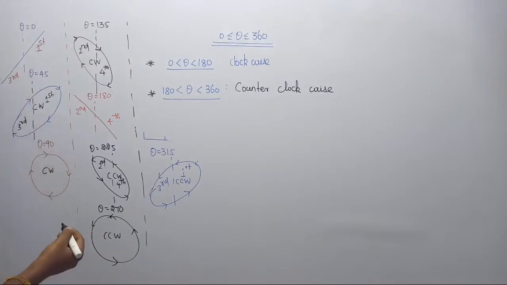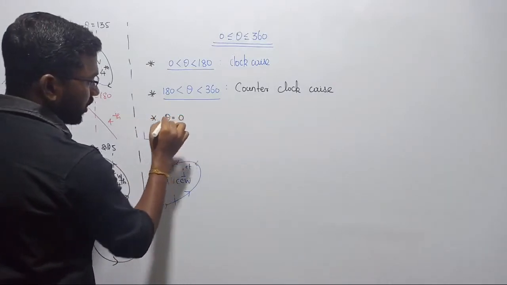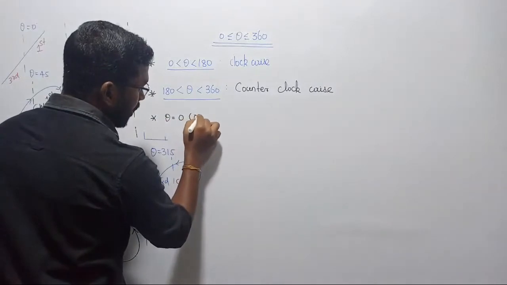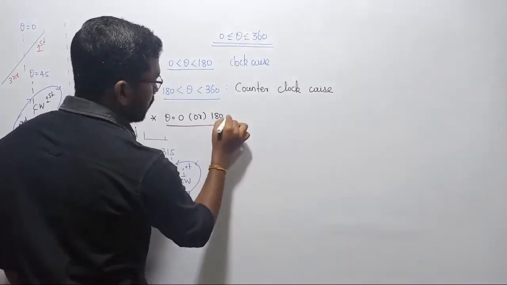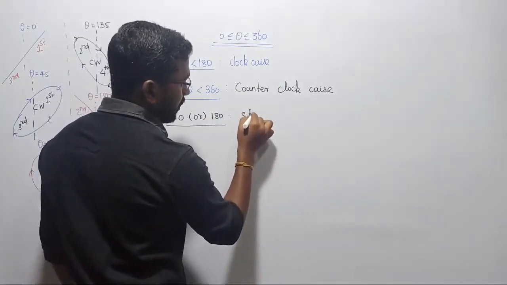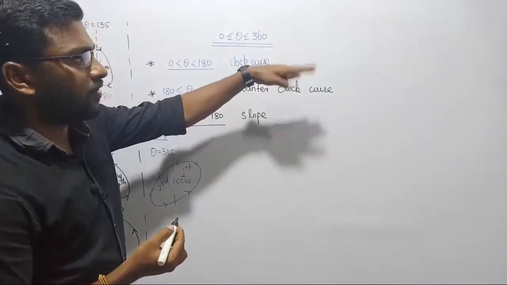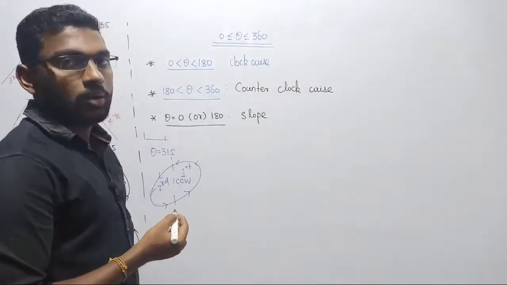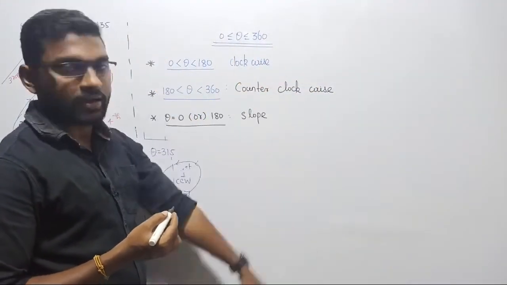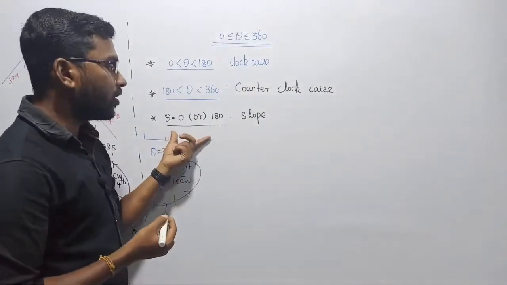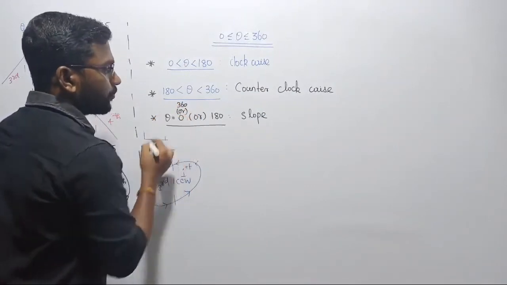Now I'd like to make one more conclusion. At theta equal to 0 degree or theta equal to 180 degree, what type of pattern are we getting, sir? The pattern we get is always going to be a slope. The angle might be different; just now we saw we may get different magnitudes. The line might be tilted by some other angle, I cannot say, but we are getting a slope at theta equal to 0, which is also equal to 360 degree.